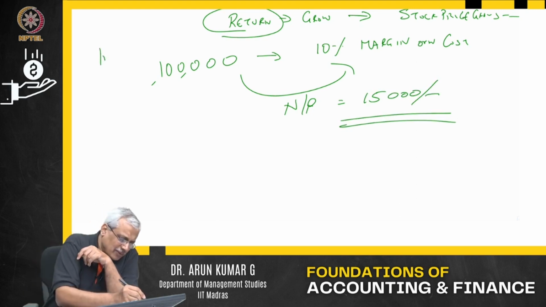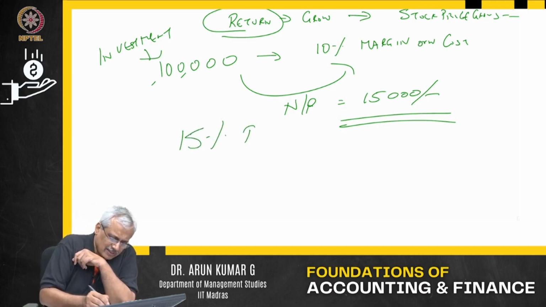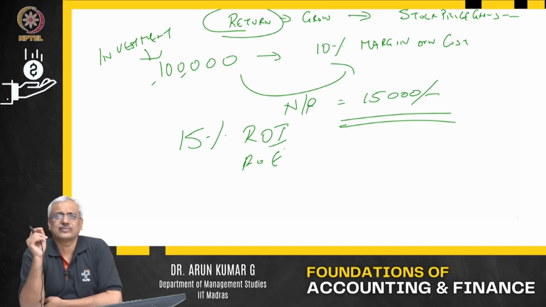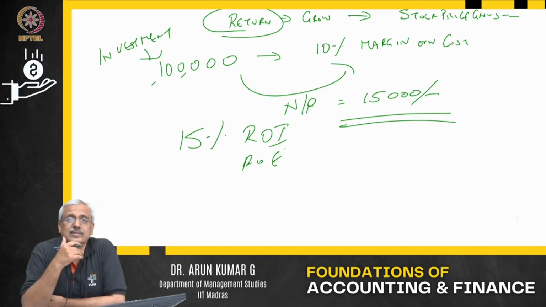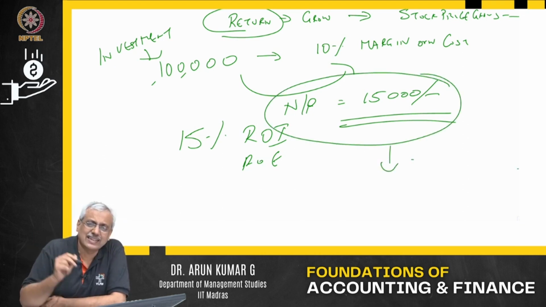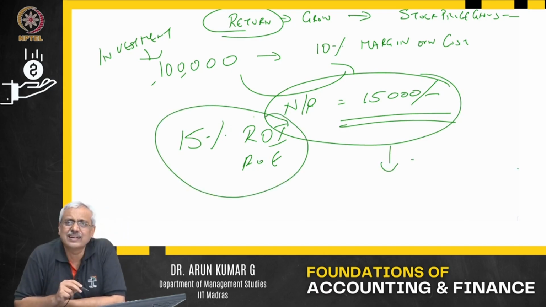My investment is 1 lakh. So what do you say? You say, oh, this guy is earning 15% return on investment. If it's equity, it is return on equity. Whatever. You might ignore taxes as of now, or this 15,000 is after taxes. Imagine tax rates don't change. Your investment is 1 lakh. So what is going to happen? This 15,000 rupees you are going to earn consistently year on year, and your return on investment is going to be the same 15% year on year.